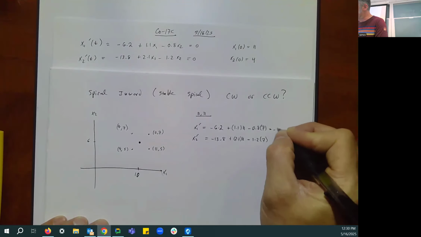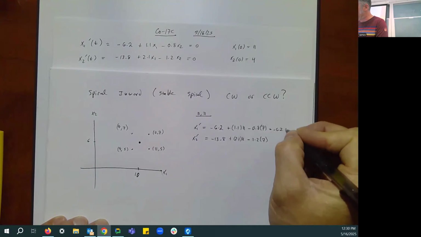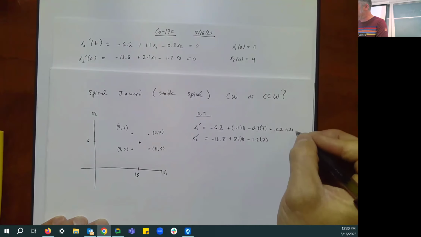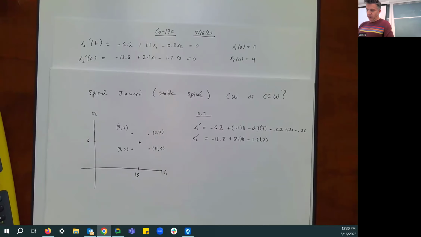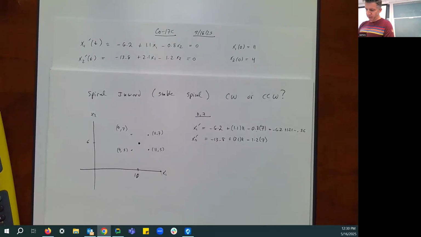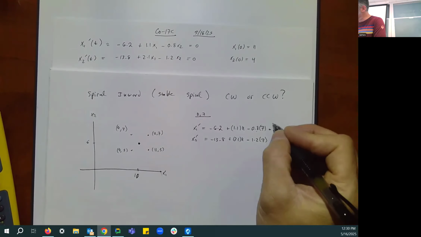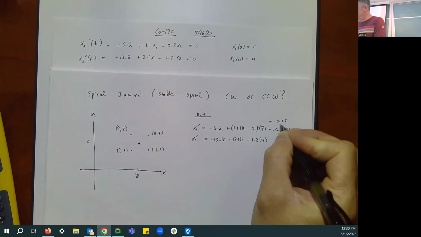So this is negative 6.2. 1.1 times 11 is 1.21. 0.8 times 7 is 0.56. And then if we add those together, we get negative 6.2 plus 1.21 minus 0.56. It's going to be negative for sure. We get a syntax error because I'm not pressing the right buttons. Negative 5.55. And the other one is going to be,